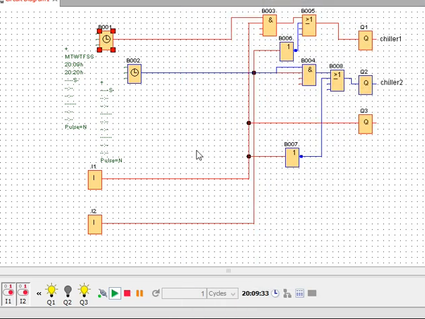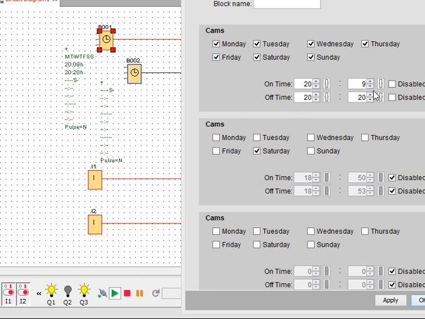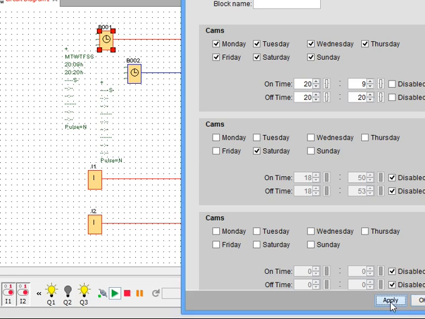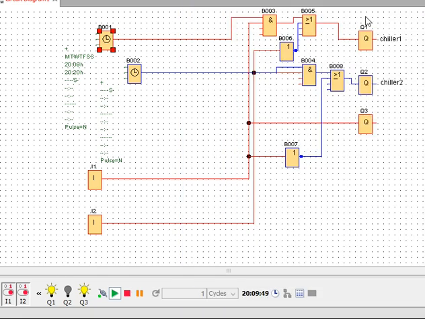So friends, the on time is 9 and off time is 20. So apply and OK. So now chiller number 1 is on. Now I will create fault. So the fault signal will come on I1 and I1 will be de-energized. As I1 will be de-energized, this command will go